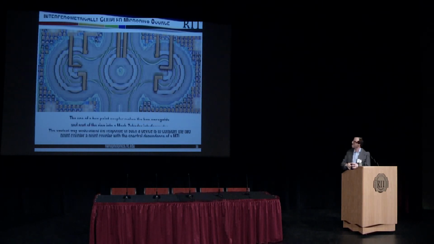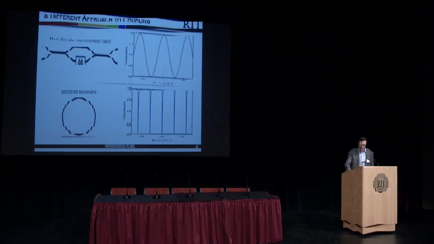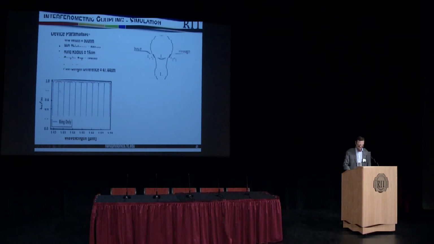And the way that we do that is make a slightly more complicated ring resonator where we actually control the coupling going into and out of the ring independently. And the way you can think of this is you have a Mach-Zehnder interferometer integrated with the ring. With a Mach-Zehnder interferometer, you essentially have places of constructive and destructive interference, and with a ring, you have resonances. If we put these two ideas together, and get the length of the Mach-Zehnder just right, you